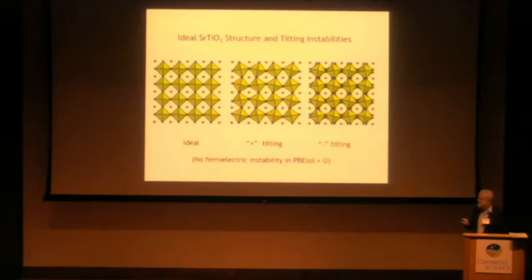As I've discussed before, at room temperature the average structure of strontium titanate is cubic. We find two different types of instabilities. One is the plus tilting, where the oxygen tilt is well known, but in phase in different layers, and the even more unstable negative tilting. I should mention that in our linear response calculations, we did not find any ferroelectric instability in strontium titanate. That contradicts the abstract in the next talk, where they say they do. I'll have to go back and recheck it. It's something simple, probably like a different lattice parameter used.